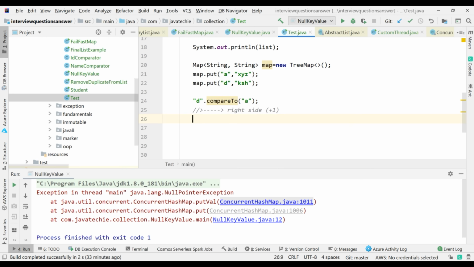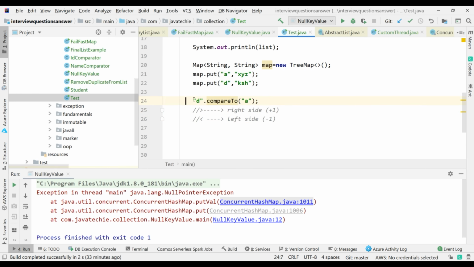If it is less than, then immediately it will add on the left side. And how will it know whether it is less than or greater than? Based on the return value. If it returns -1, then d is less than a,